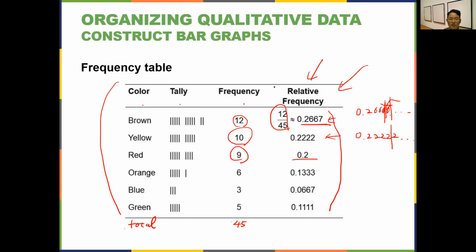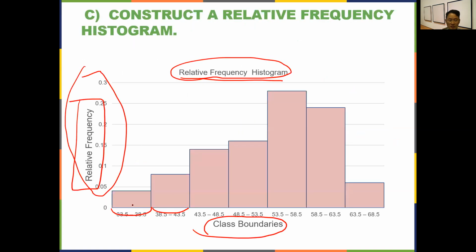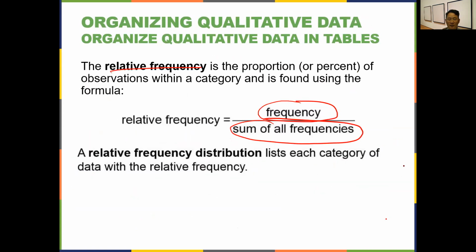Now, of course, using this you can try to build some type of bar graph. Why don't we try to construct a histogram from this? Remember, in a histogram there's no gap between each bar. They are all connected because they are in sequential order, these numbers going from small to large. But if you are talking about M&M color,